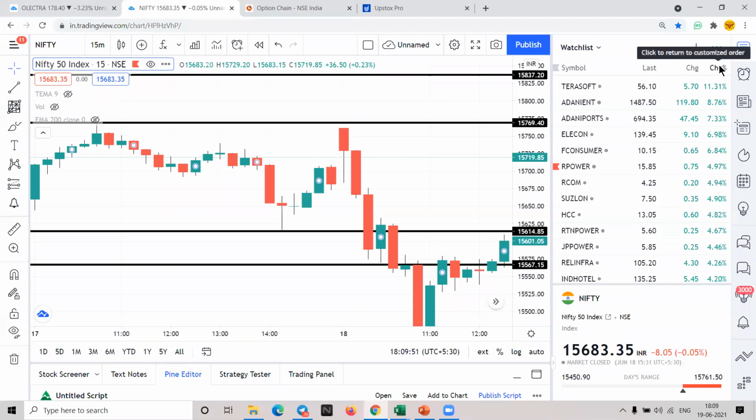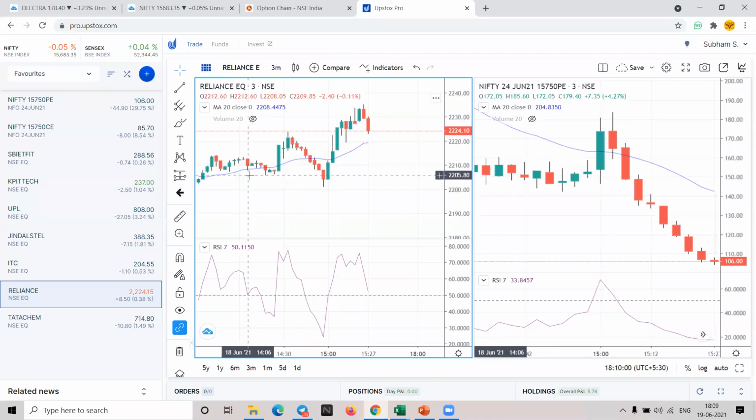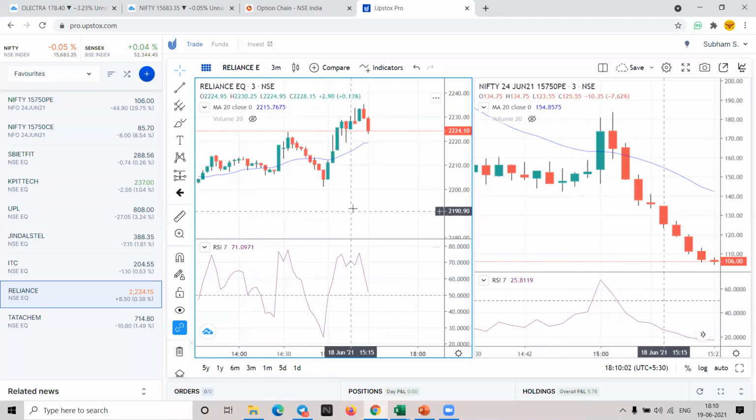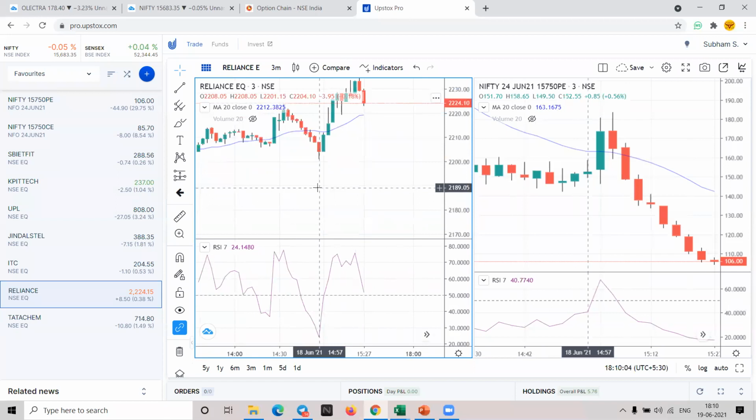So that's why I have told you the stock selection techniques for intraday. Pick up a stock from there and then look for confirmation of a block candle at the moving average, and RSI, of course, should also give you a little confirmation. RSI should be going from below to above 50. That time, if you catch a block candle, very good. Or RSI should be above 50. This is how you should pick.